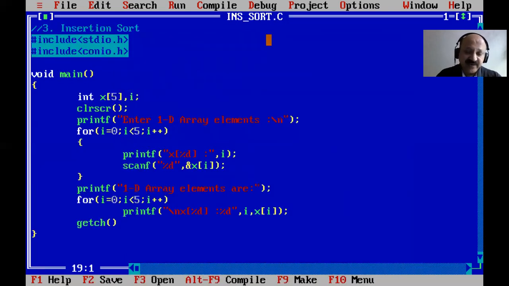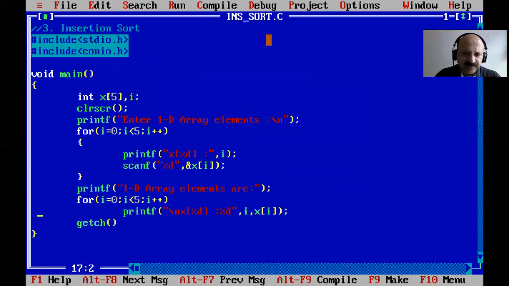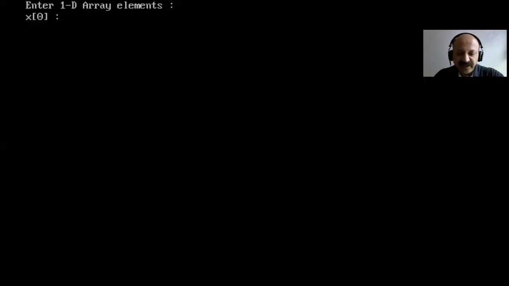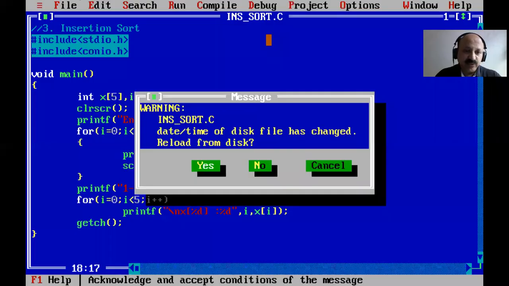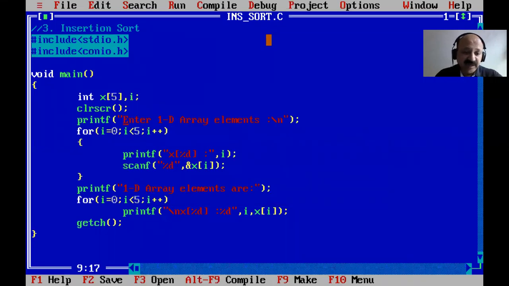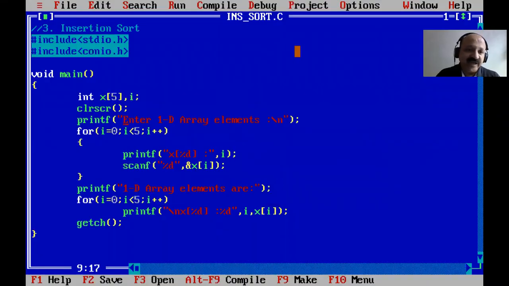So first we scan and print with index. So yes, compile. What is here? Yes, here the semicolon is remaining. So that is very simple. Now perfect, and we can give any number. Means randomly I give the elements, so you can look at the index at scan time and at print time. Yes, no worry. Index is better to watch which element is stored in which place. So I print and scan with x of i. So index starts with 0, so x of 0, 1, 2, 3, 4, because we take an array of 5 elements.